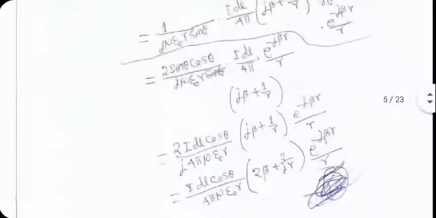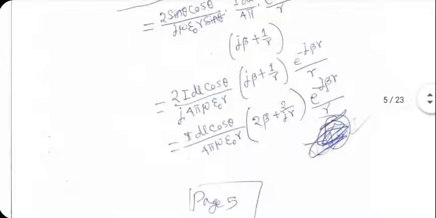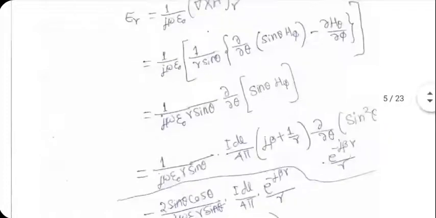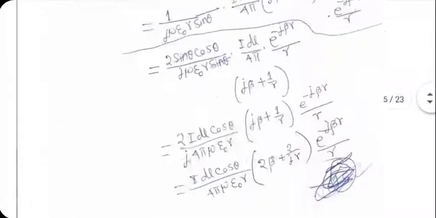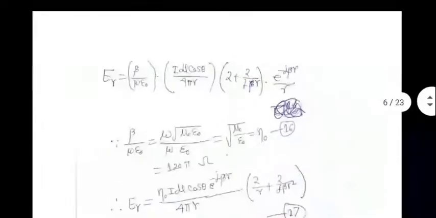Er actually turns out to be of the shape shown at the end of this page. It has now cos theta term, not sine theta. For H phi, we saw sine theta. For Er, actually, it is cos theta term that's coming out. And within the brackets also, you are seeing something very interesting. 2 beta plus 2 upon j r. Epsilon naught is also there. Of course, it has to be there for sure. So you are getting what you are getting. Cannot help it. How about E theta? Oh, actually, I have simplified Er even further.